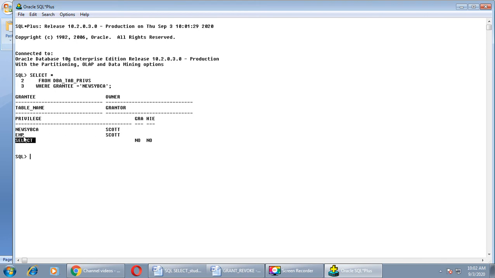Scott.emp, right? So this way you can see the list of privileges given to a particular user. For that we will write select star from DBA_TAB_PRIVS where grantee equals name of user. Here we have taken the example of new SYBCA.